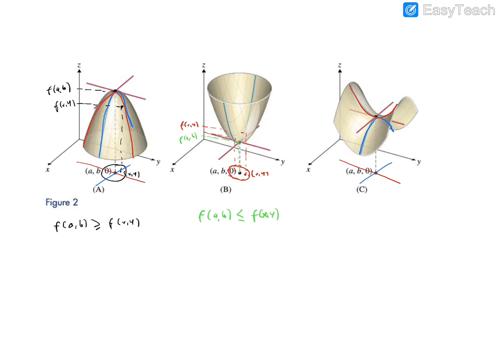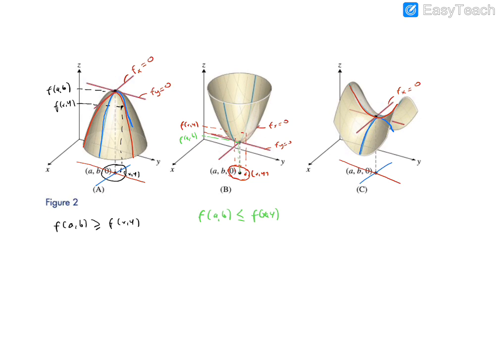So here, this line says the partial derivative with respect to x is 0. This line says the partial derivative with respect to y is 0. Similarly, here the partial derivative with respect to y is 0. Here the partial derivative with respect to x is 0. And here along the blue curve, this is a local maximum. But anyway, the partial derivative of f with respect to x is 0.